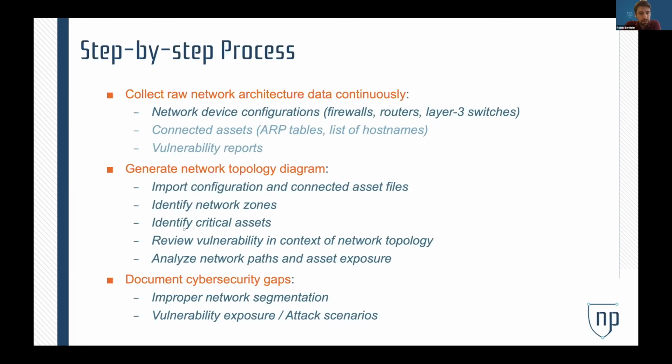Step two, creating that up-to-date network topology diagram of your environment. And from this visual topology, we can label which are our critical assets, which zones need to be protected, which equipment is really having a dependency on the correct operations of our organization. And then this will allow also to understand in context where the vulnerabilities are located, and then to be able to do path analysis because of this